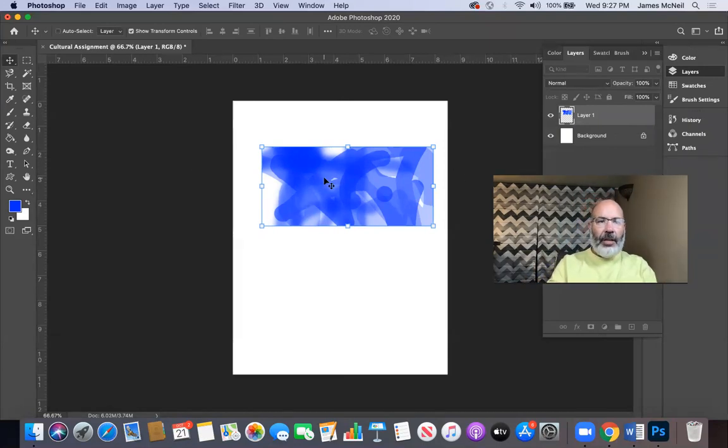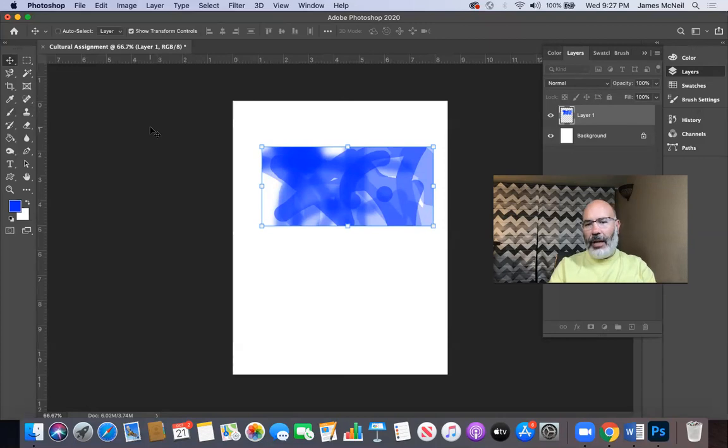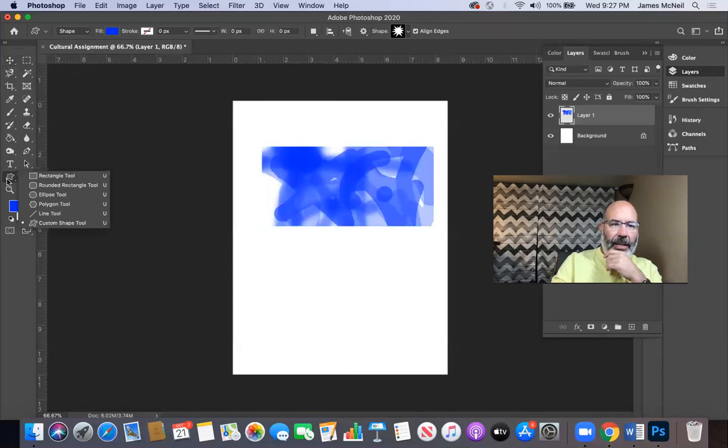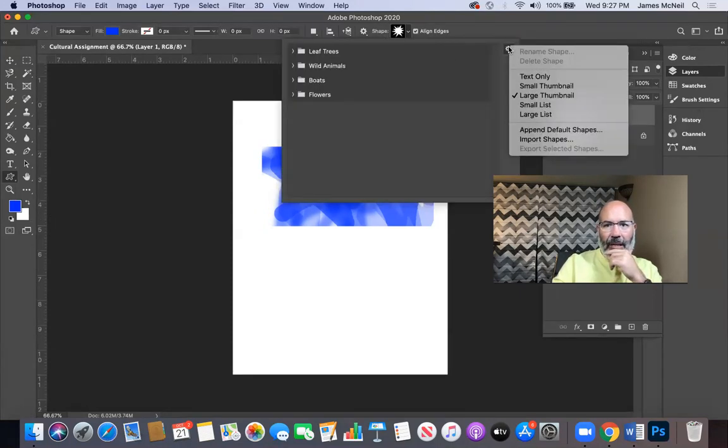Think of it like stacking things on top of one another, and that's what you do in Photoshop. So, okay, I have a design element that I created using the paintbrush, but that's not really exactly what I wanted to do. Now I want to add a shape. If I come down here, I can select a rectangle, or I can select a rounded rectangle, or an ellipse or a circle. I can do a polygon, I can do a line, or I can do a custom shape. And when I do custom shape, now I've been screwing with mine, so yours isn't going to look the same, but I can go to